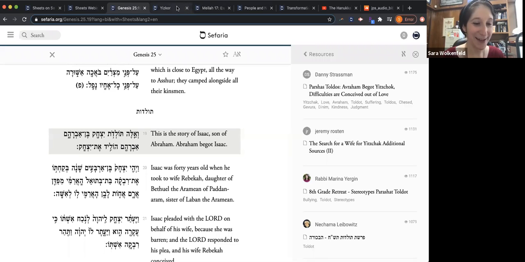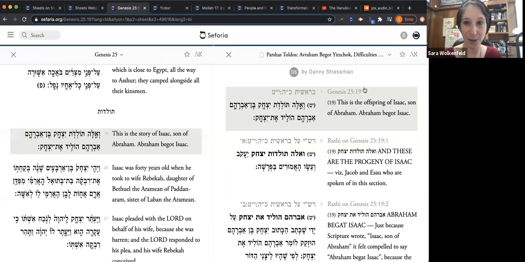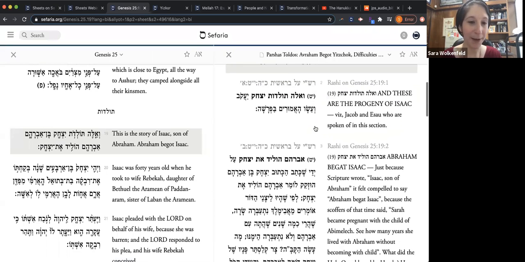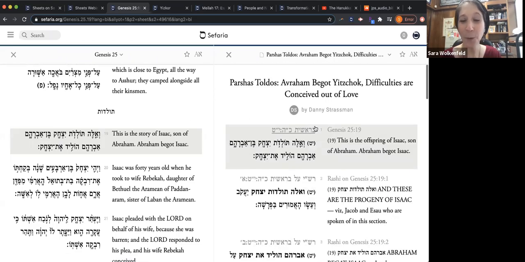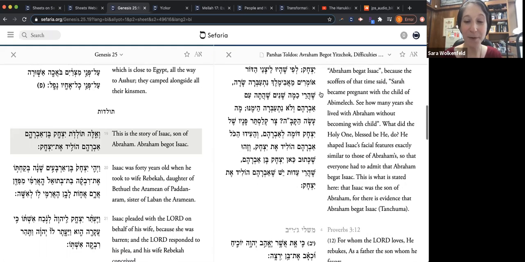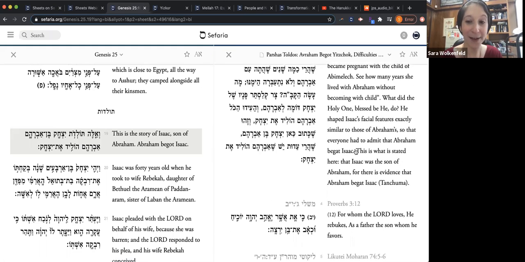So that's adding a text to your source sheet, again, both from within the sheet itself, as well as from within the Sefaria library. And you should also treat these source sheets as text that you can use. So when you click on a source sheet to open it, you can read through it. That's great. You might get inspiration. Any one of these sources, whether it comes from our library or not, can be added to your source sheet.